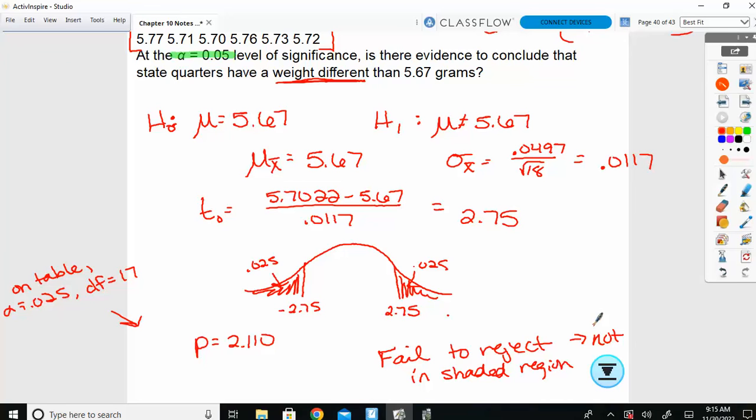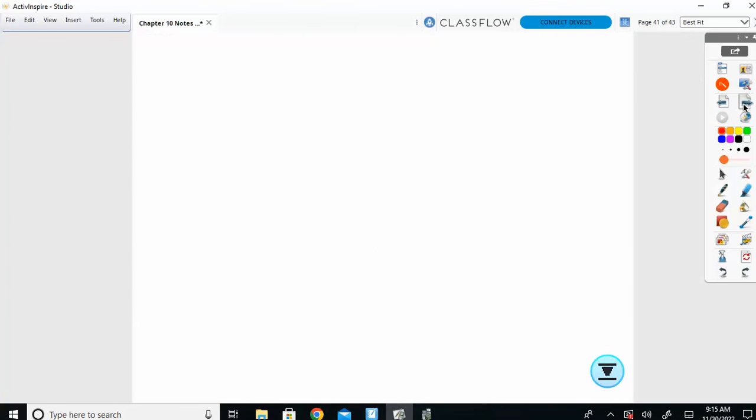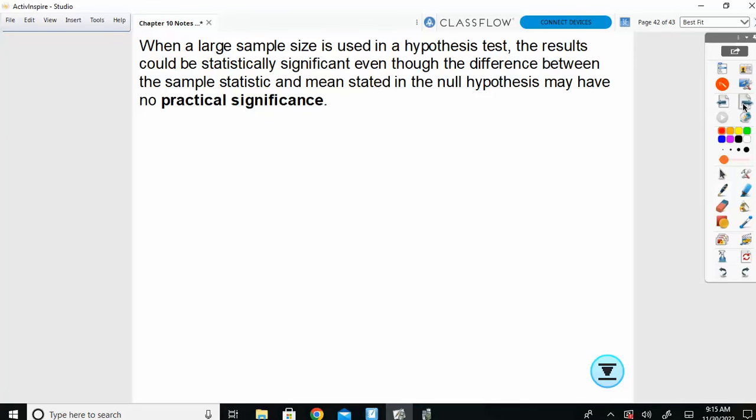So this one we would fail to reject because it's not in our shaded region. Sometimes in a really large sample, we might get that we would reject, but it really doesn't have a practical significance. And I'm going to show you a case of that where we might get to reject the null hypothesis, but it really doesn't mean much in doing so. So the example I have,